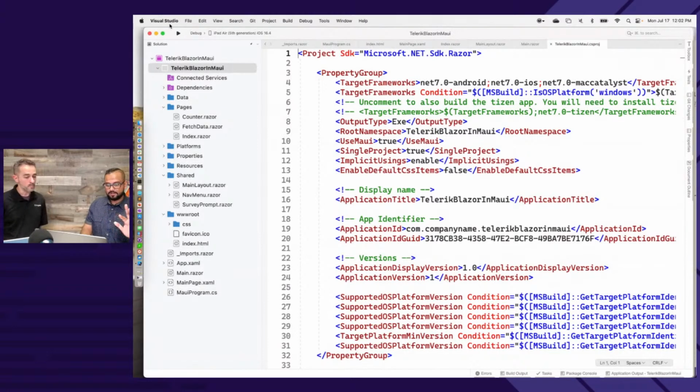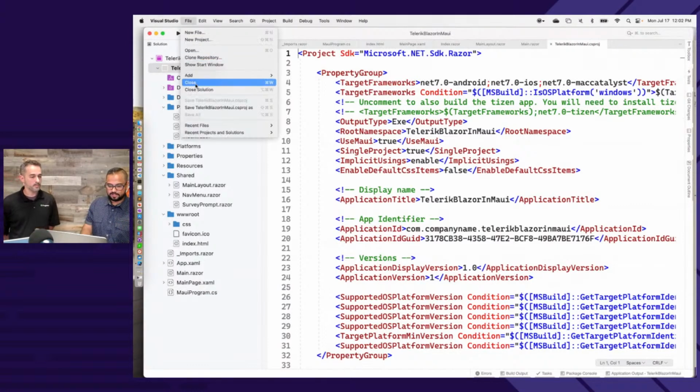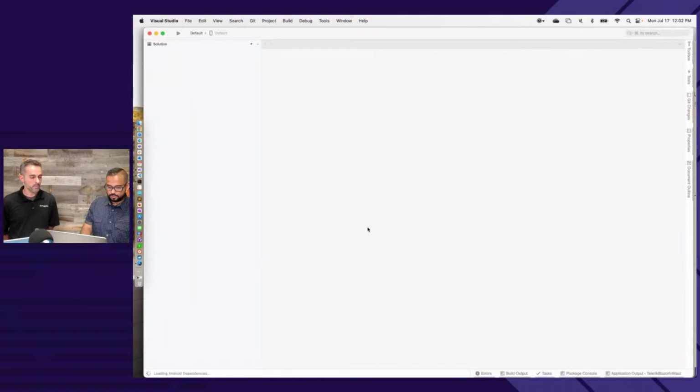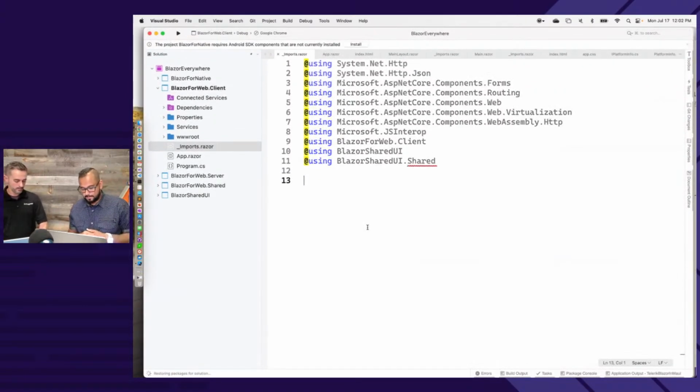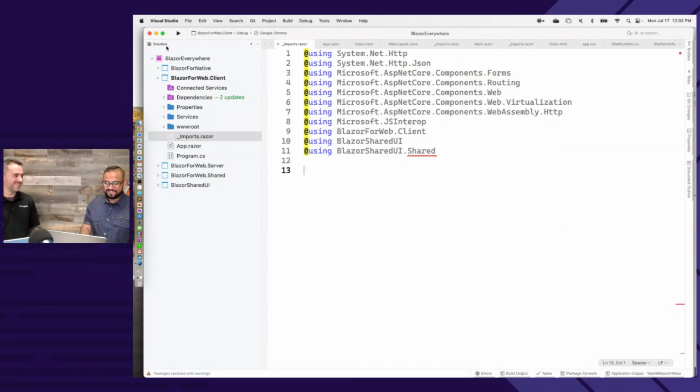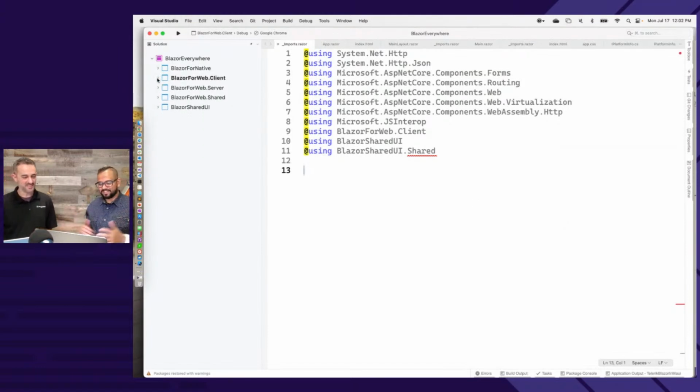So let me talk about something that's a very common thing that Ed and me get asked. So let's go into this project here. So Blazor, it's great for, it's asking me to install Android SDKs, which I don't want to do right now. Nobody wants to. No, it's not so bad. With virtualization, things have come a long way. This is a question that Ed and me get a lot.